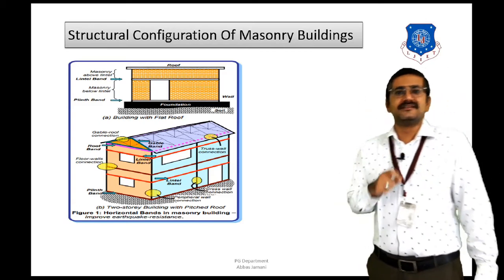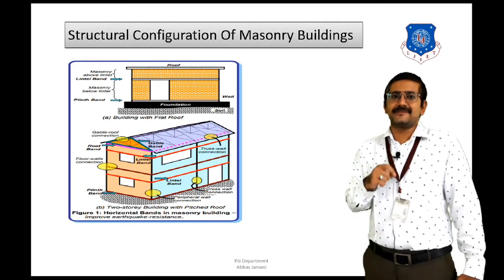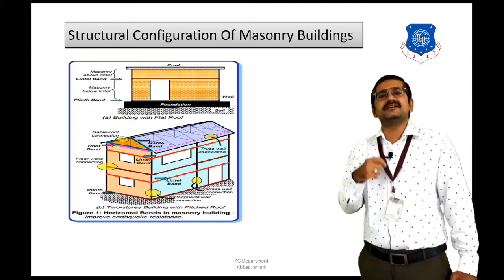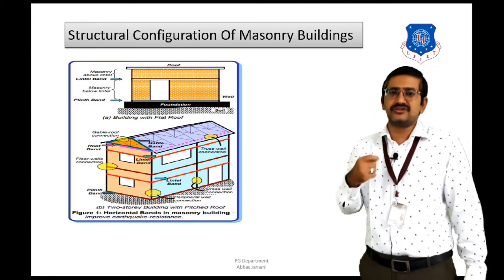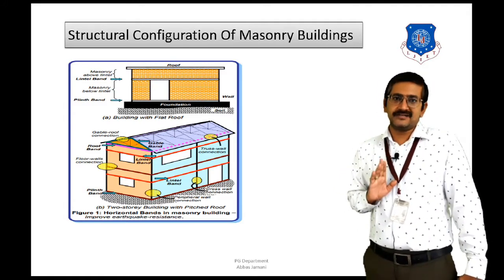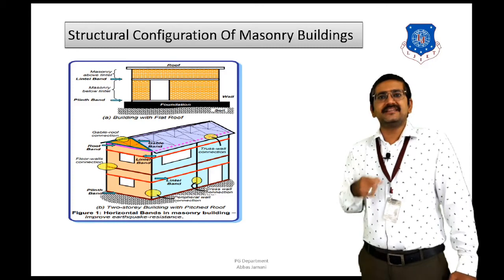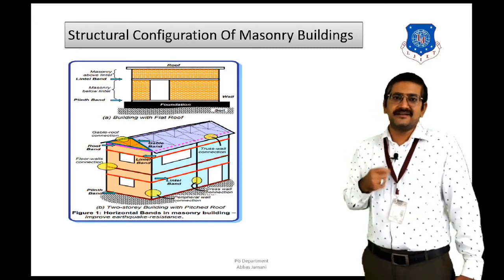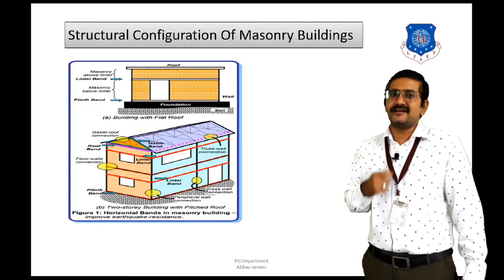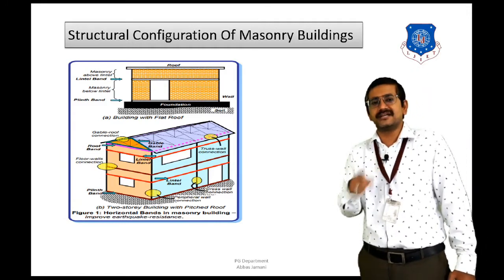Now it is not necessary that all these bands have to be provided in all types of building. Right? IS 4326 is giving you a guideline depending upon the number of stories, depending upon the height of the building, and depending upon the seismic zone in which the building is located, all these four bands may be required, or only a couple of bands from this list may be required. For example, if zone 2 is there, then the possibility is that if you provide only one of these bands, then it is okay. But when you talk about high seismic zone, that is seismic zone 4 and 5, then as per IS 4326, you may have to provide all these four bands, and in addition to these four bands, you will have to do the vertical reinforcing also, right?